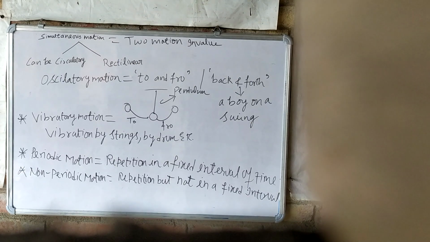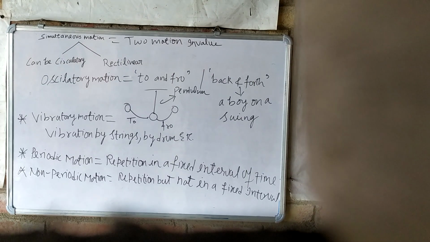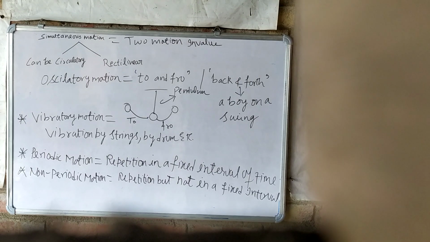For example, the swinging pendulum of a wall clock, the needle of a sewing machine running at constant speed, the motion of a swing, the movement of lungs during breathing. The heart of a normal resting person beats 72 times a minute. So all these are periodic motions. It is given in your book; you can see it from there also.